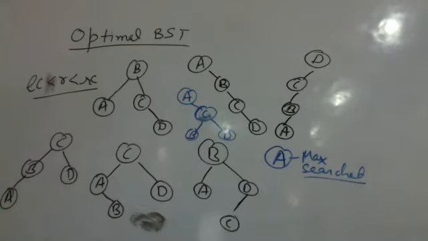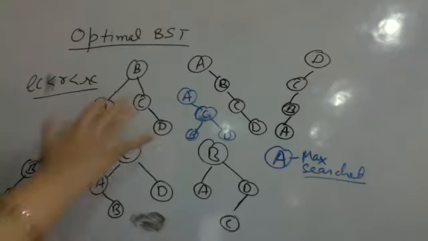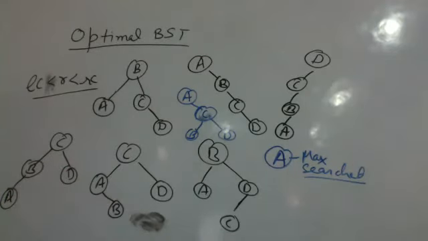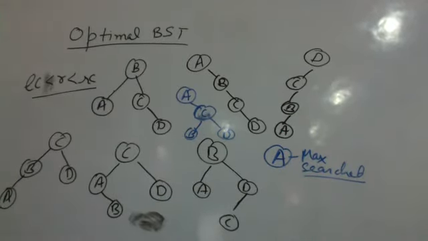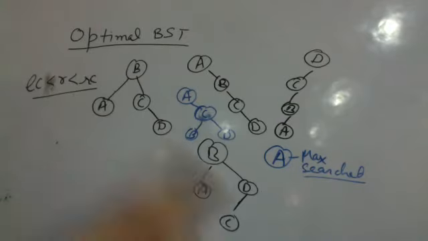In that case, all these trees cannot be chosen randomly, we cannot just pick any of them. We try to pick up the tree in which the cost of searching is minimum. So we try to build an optimal binary search tree in which the cost will be minimum. Let me take a very small example and let me show how we are calculating the costs over here.